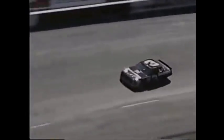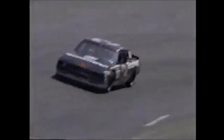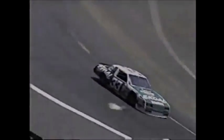Here's the interval between first and second. There's the leader, Dale Earnhardt. Boy, Earnhardt just loves the lead. You can tell by his driving style. He wants to get to the front. You can almost tell by looking at his car that a smile comes on his face when he takes the